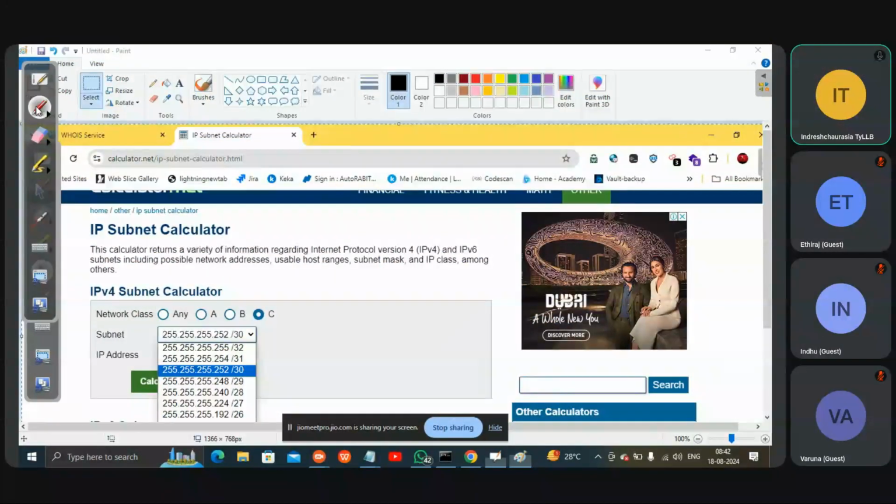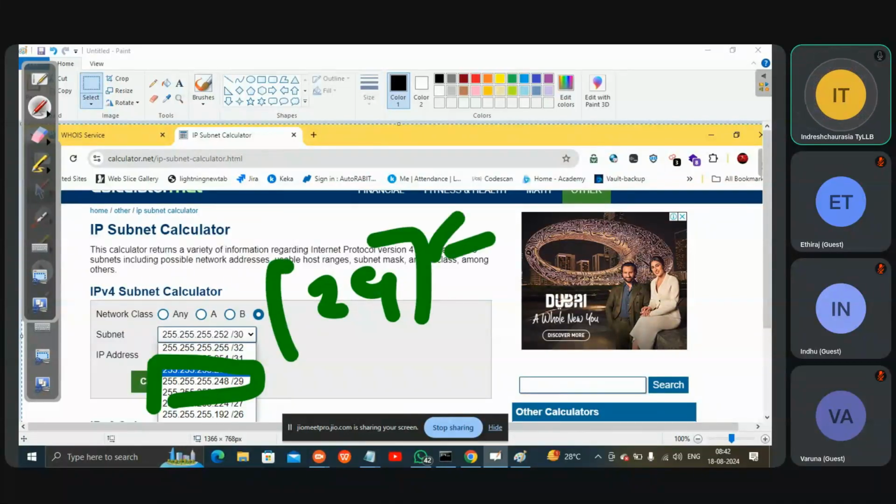How many IP addresses can you assign to computers? 248, slash 29, I'm saying.